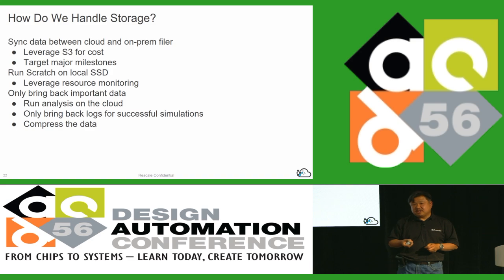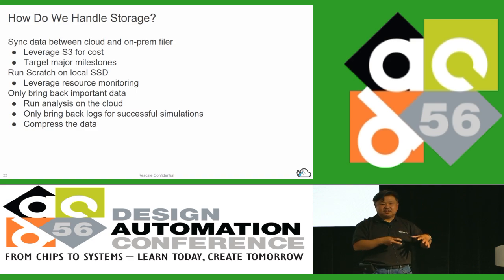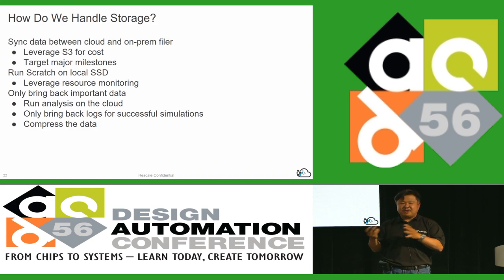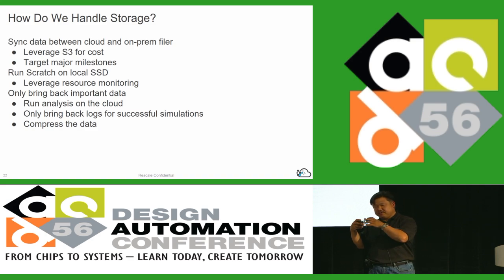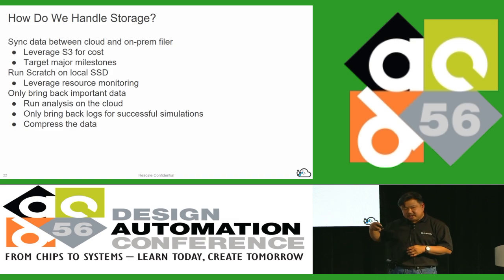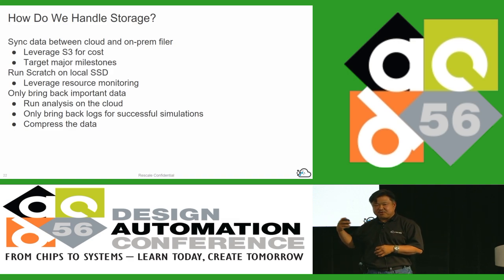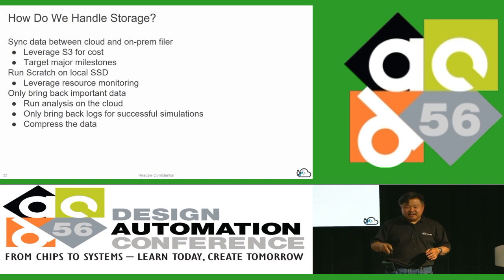One thing that you can do on the cloud is the fast instances you choose often come with NVMe, which is something that a lot of folks don't pay for on-prem, but in the cloud it's already there. Leverage NVMe for scratch. That gives you the fastest scratch space. You also alleviate a lot of the issues you have on-prem. You're writing scratch to the NAS, and your filer starts getting bogged down with all these writes. By using the NVMe for scratch, you alleviate that problem on the cloud, and then you write the data out